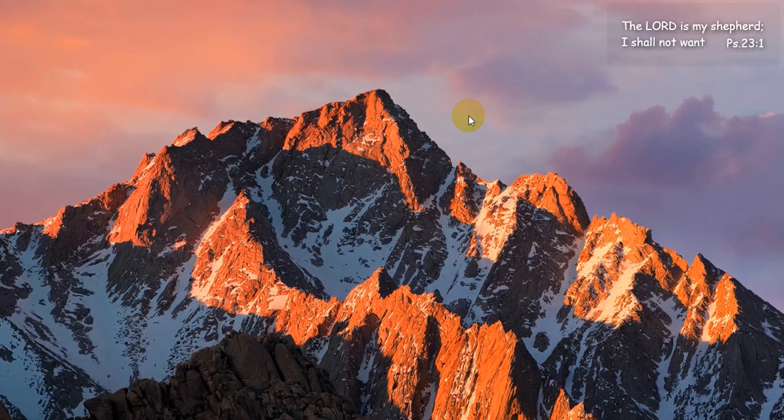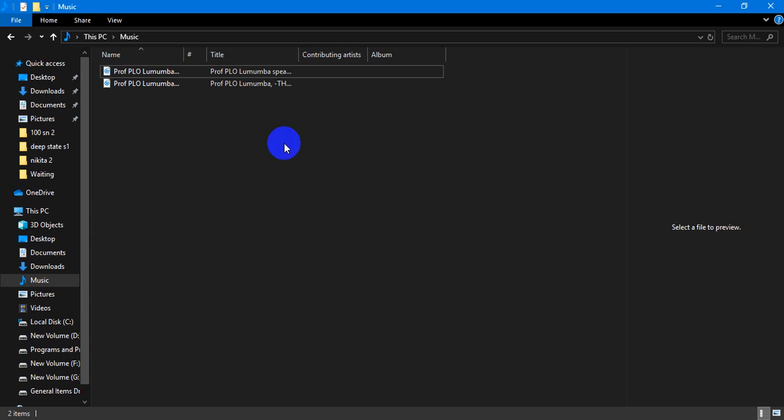Today I'll be showing you a simple trick that I have been using recently. It is still on the topic of Windows Explorer. The first part is for music. In the previous videos we've done about everything, but we will not be repeating it today. So the trick I'm telling you about is if you want to